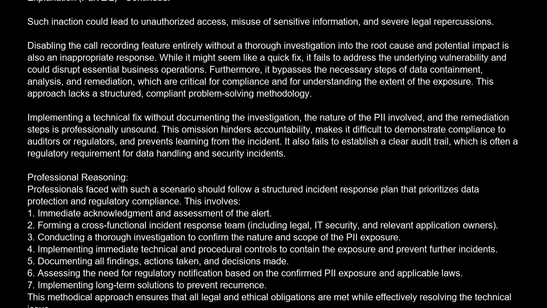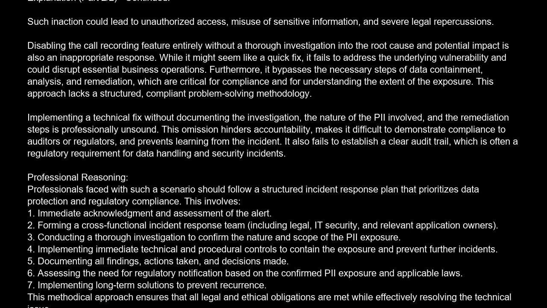This omission hinders accountability, makes it difficult to demonstrate compliance to auditors or regulators, and prevents learning from the incident. It also fails to establish a clear audit trail, which is often a regulatory requirement for data handling and security incidents. Professional reasoning. Professionals faced with such a scenario should follow a structured incident response plan that prioritizes data protection